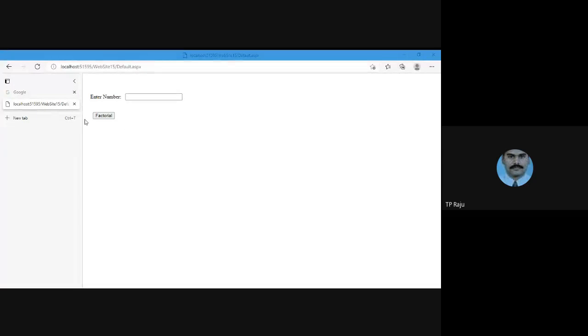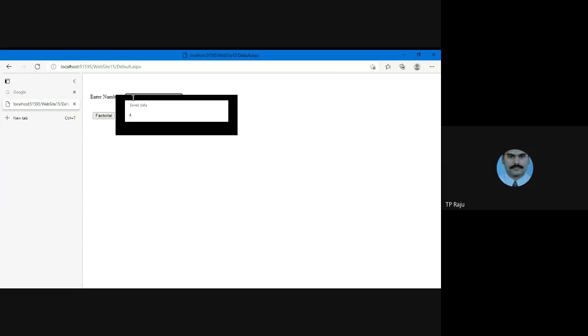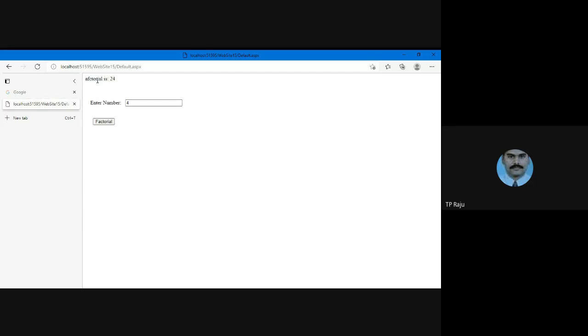This is your output window. Here you are able to see the text box and button. Here in this text box, I enter the value. For example, I give 4 and click the button. You will get the output. Factorial is 24. This is the output of the program.